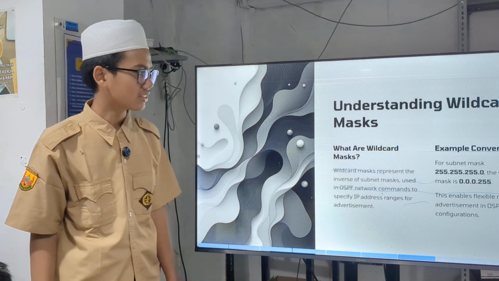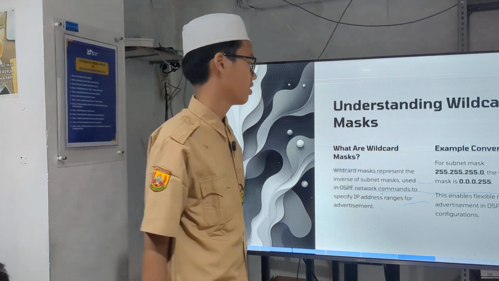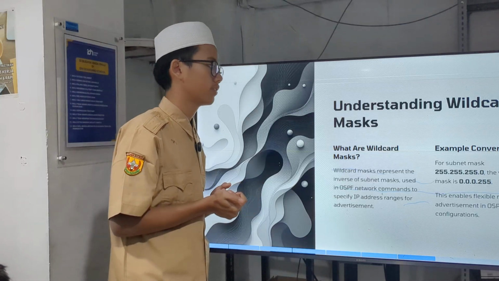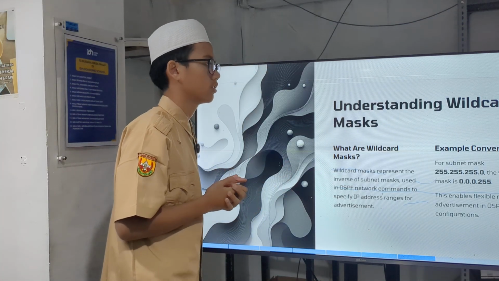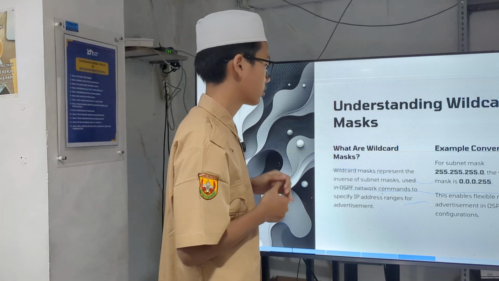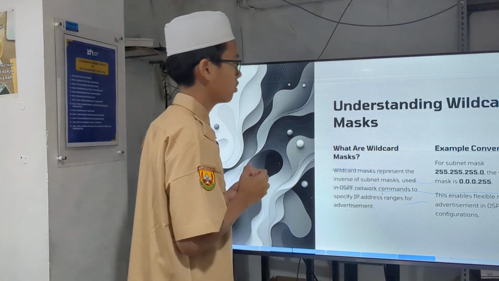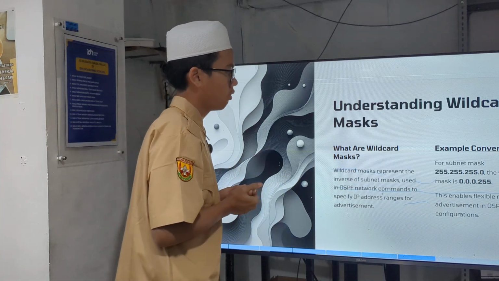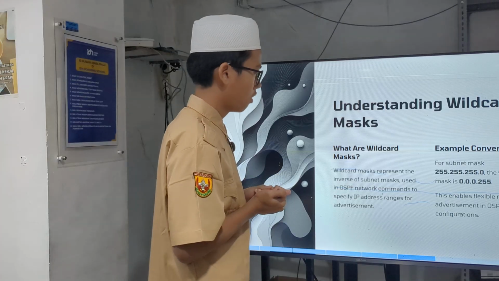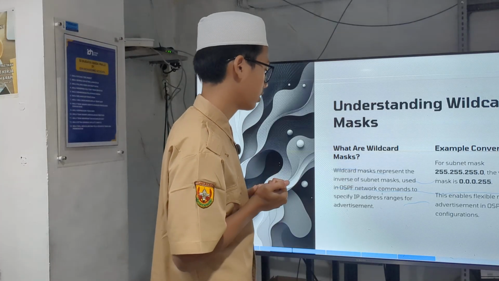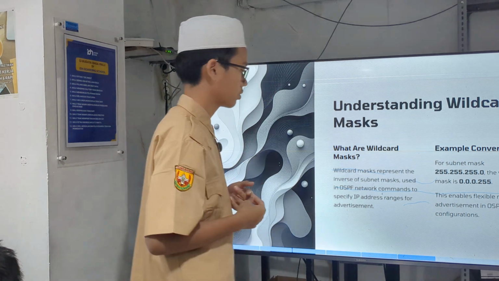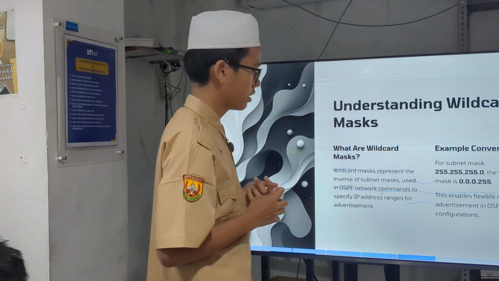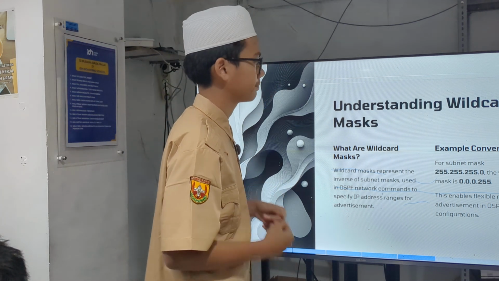Okay, next, understanding wildcard mask. In OSPF, we use wildcard mask and not subnet mask, so we must know what a wildcard mask is. A wildcard mask represents the inverse of the subnet mask, used in OSPF network commands to specify the IP address range for advertisement.